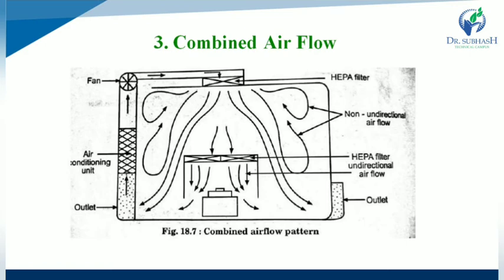In the combined airflow system, in many pharmaceutical clean rooms, the background area is ventilated by non-unidirectional airflow and the critical area is supplied with unidirectional airflow. So in many pharmaceutical clean rooms, the background area is made up of combined area. Various vertical unidirectional airflow systems are used in combination clean areas, and there has been a trend towards protecting the critical procedure within combination clean rooms by using isolator cabinets.